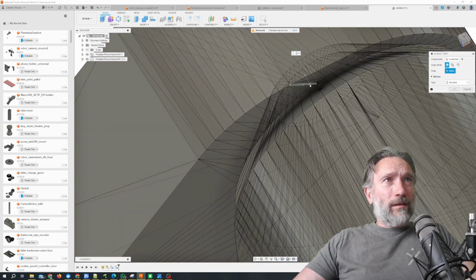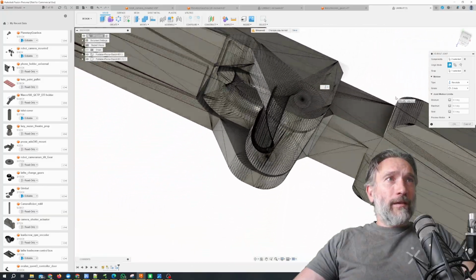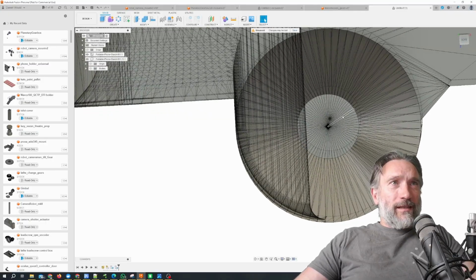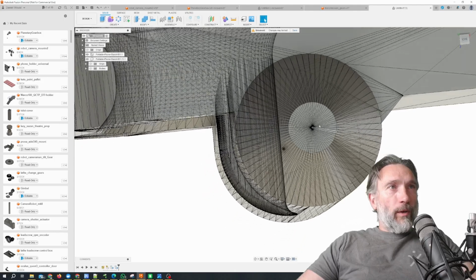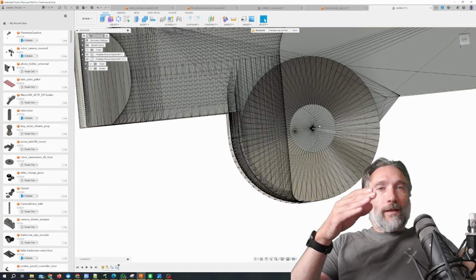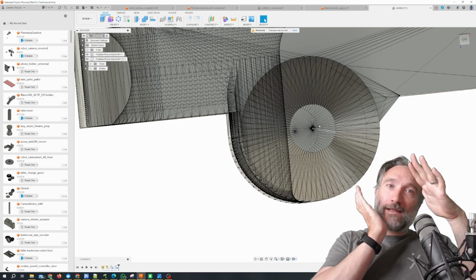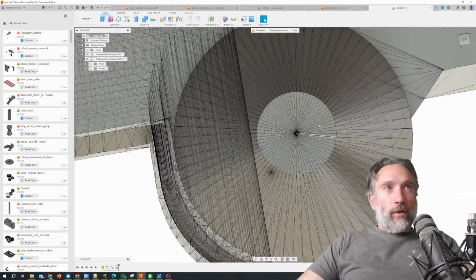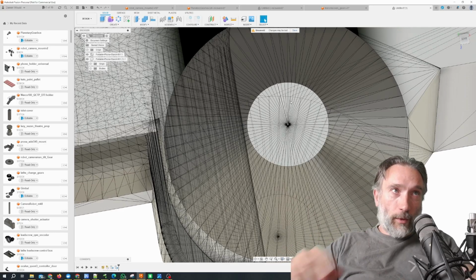I want to snap to, let's try, and this is going to be a pain in the butt. Yeah, that is not what I wanted. Okay, so we're going to get into one of the problems. As you can see, this surface is kind of a mess. What we really want is a face that we can more clearly operate with, because what I'm trying to do is create a joint so that I can model them at the angle that the phone needs to be at. Then I can make sure that I get that depth right to fit the case even when it's open. But this is a perfect example of one of the things that you often need to do when you're starting from an STL that has been turned into a body,